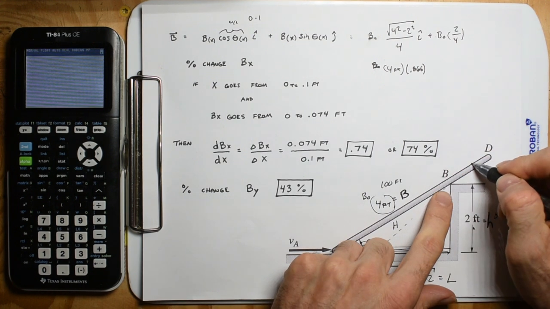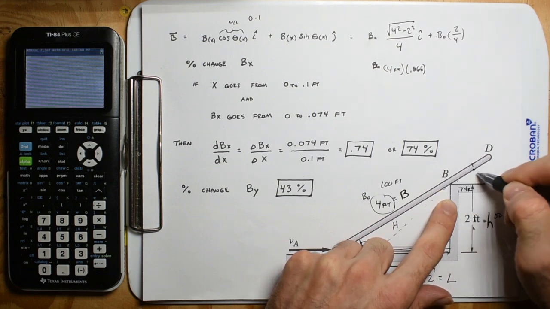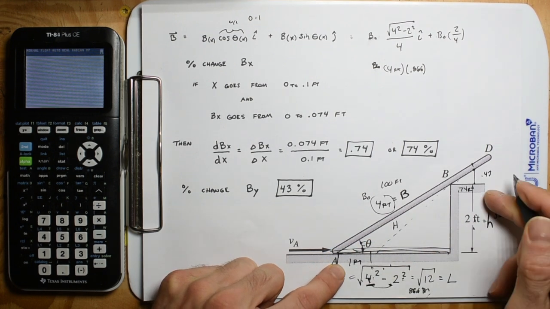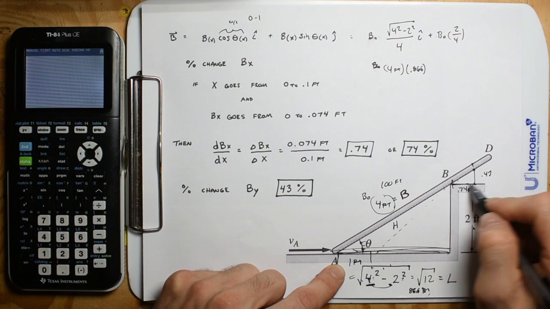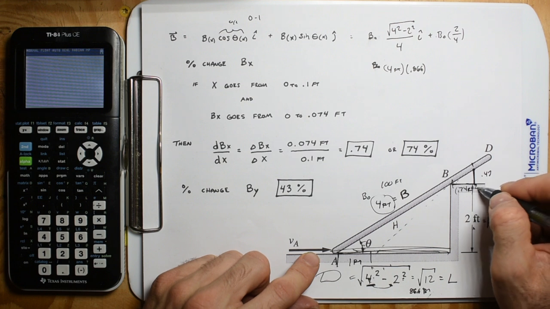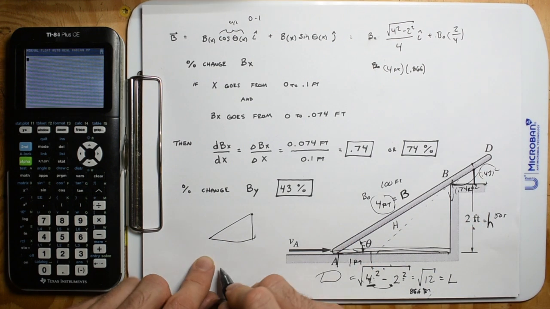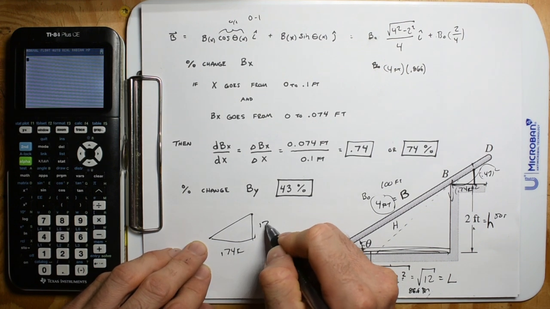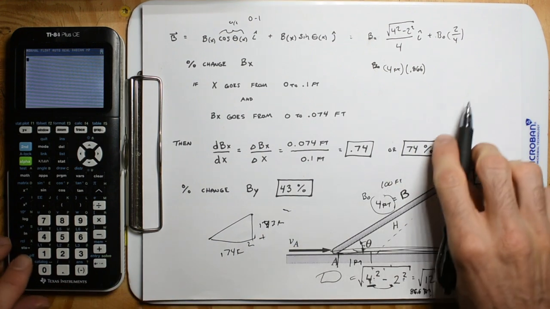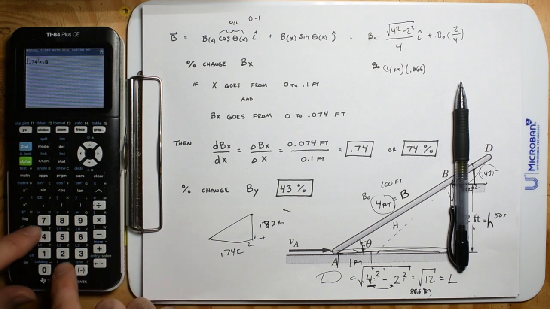We were saying this moved over 0.74 feet, and then it moved up 0.43 feet, and then we moved an increment of 1 foot here. These are in the x direction and y direction. Get into the habit of taking the square of both of these, adding them, and then taking the square root, because that's Pythagorean's theorem. So we have 0.74 feet, 0.43 feet, and we're going to square this. Sorry for the scribbliness, but we're going to have the square root of 0.74 squared plus